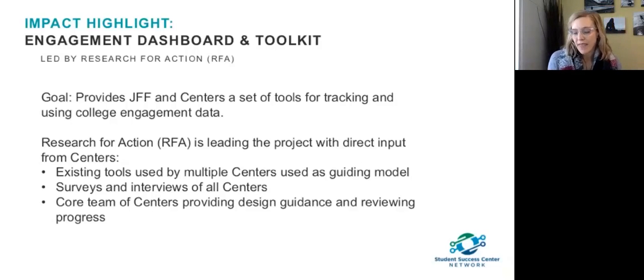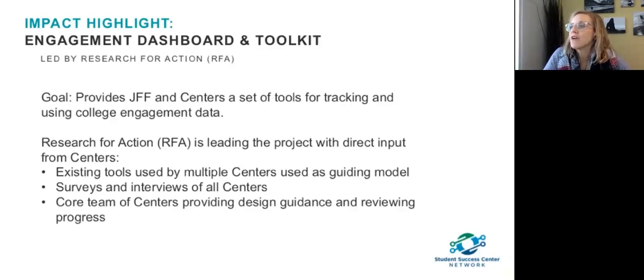So we're trying to find that balance of customized versus packaged dashboard. And for those of you who do this work all the time, you already know that's one of the challenges of creating these types of things. But I think we're getting there. And we're also really excited to have the conversation with everybody in January.